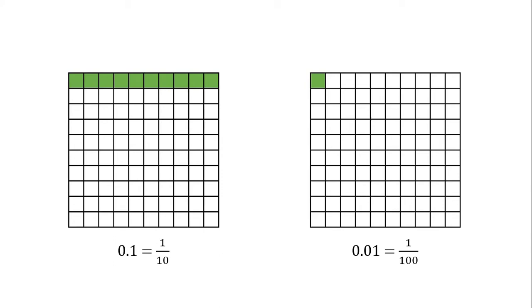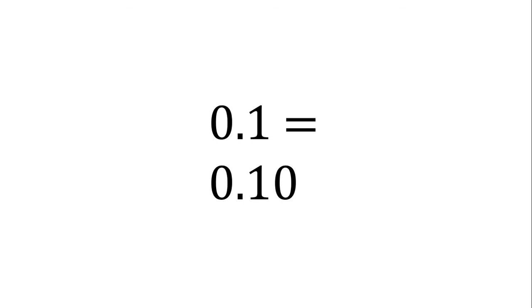I've broken the grid up into 100 pieces rather than 10, but as you can see the colored in piece is the same size and length. So, how many hundredths is 1/10? As you can see, there are 10 of them, so it's 10 hundredths. And the point that I'm trying to make here, if you take a look at the 10 hundredths at the top or the 1/10 at the bottom, is that 1/10 is the same as 10 hundredths